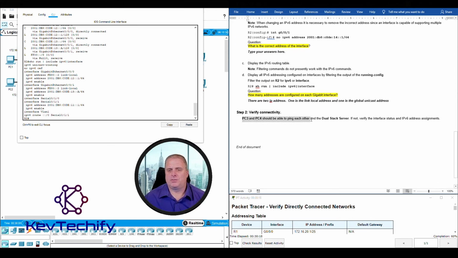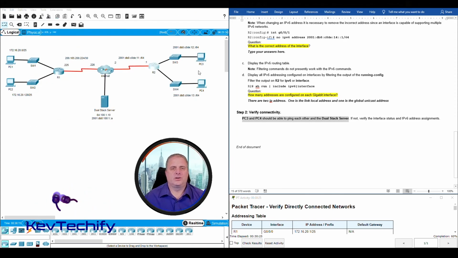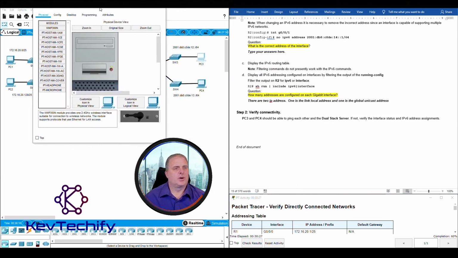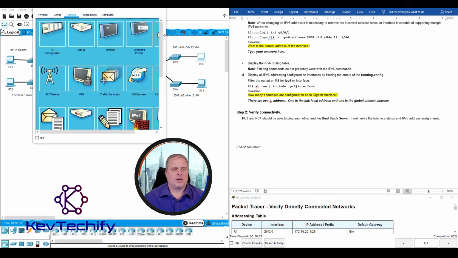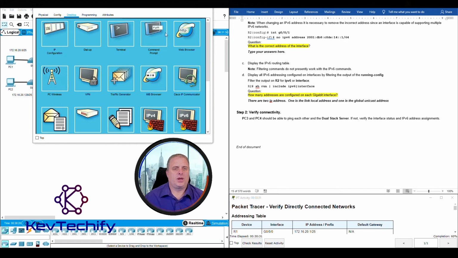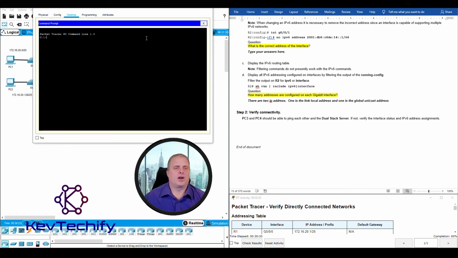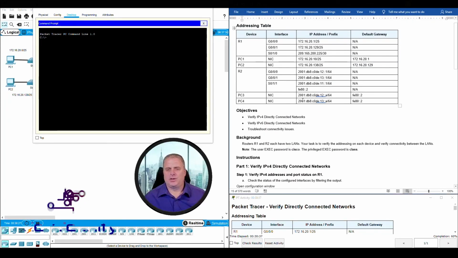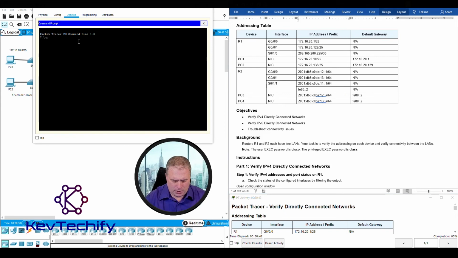PC 3 and 4 should be able to ping each other and the dual stack server. Okay, let's go ahead. I'm going to close this R2 window out. I'm going to click on R3, bring it up here, click on desktop, make it a little bit wider, going left to right, and ping once again we do from the command prompt. And so I'm on PC 3. I'm going to ping PC 4's IP version 6 address. Ping space